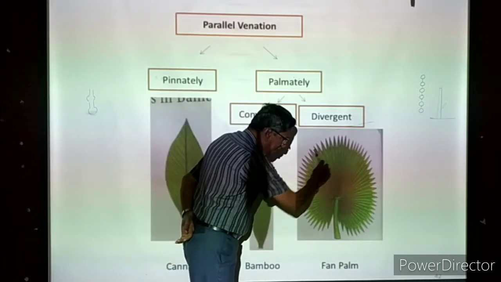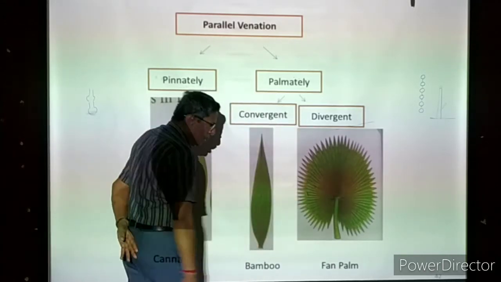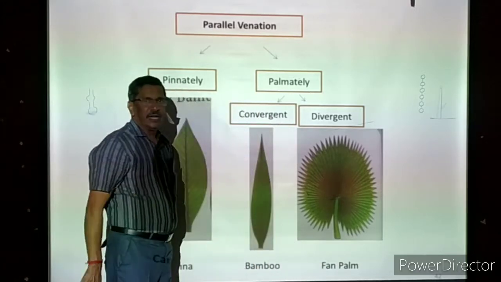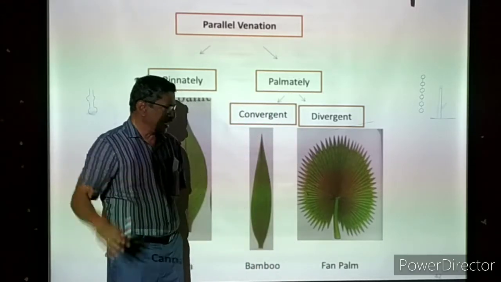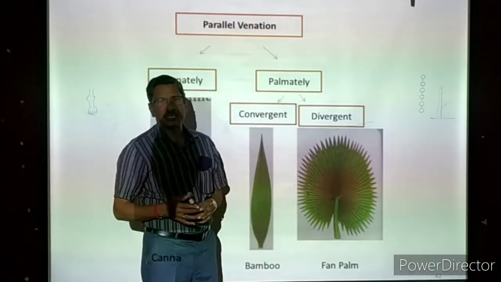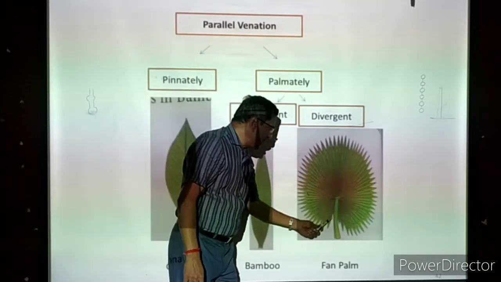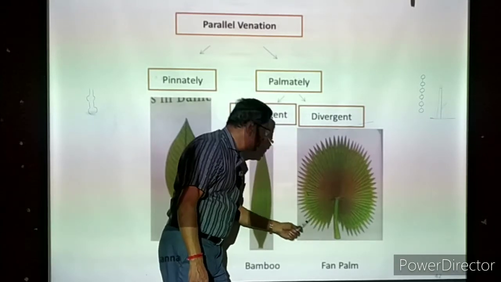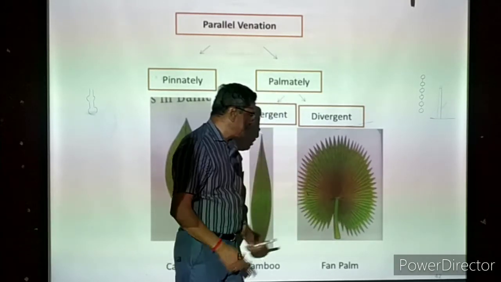Now this is the leaf of palm tree. One more is there, fan palm. Even in our school at the higher secondary division regions, you can see this fan palm. A big leaf will be present in the plant. So this is one leaf. This is the stalk of the leaf, petiole. Now this is the leaf. Very big leaf is present, lamina.